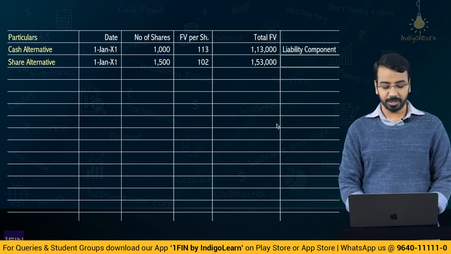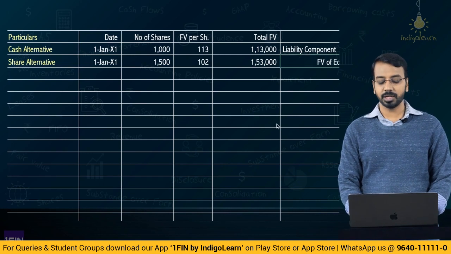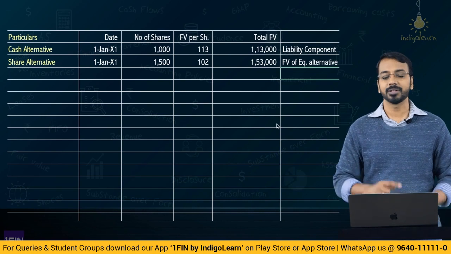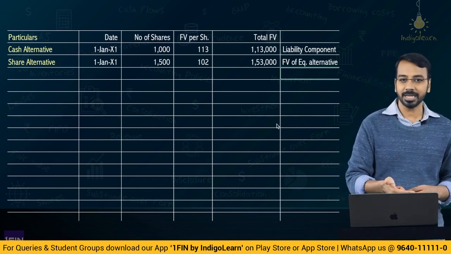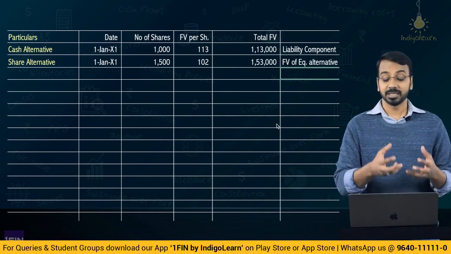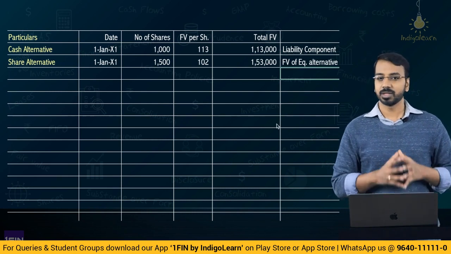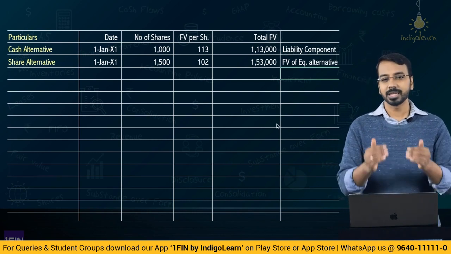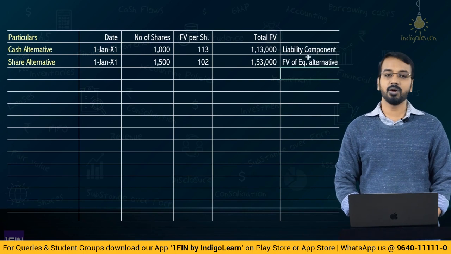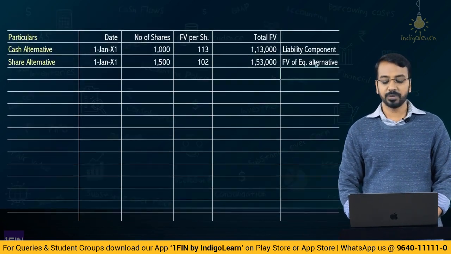1,13,000 is the liability component. This is the fair value of equity alternative. What is the meaning of fair value of equity alternative? If I don't want to take cash, but I want to take equity, the fair value is 1,53,000. Now, what the standard says is, you first determine the fair value of liability component, which we have determined